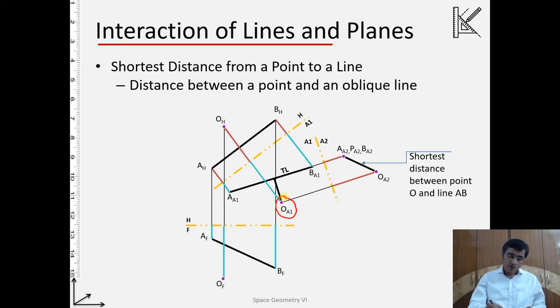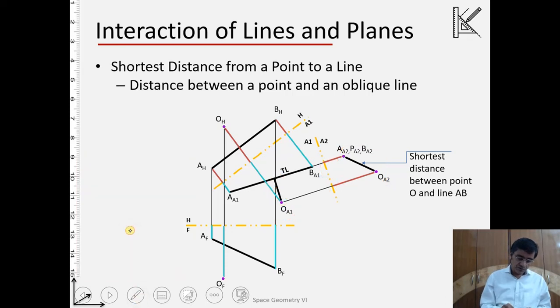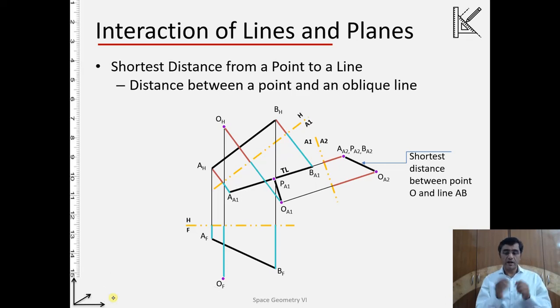From here, what I have done, parallel to the auxiliary plane A2, I have drawn this line. Okay, why am I doing it? Because this is the true length. So its corresponding projection on A1 will be parallel to the auxiliary plane A2. That's why this is being drawn parallel to this. Alright, once we have done this, we have the foot of the perpendicular, and because this is auxiliary plane A1, that's why we are writing it as PA1.